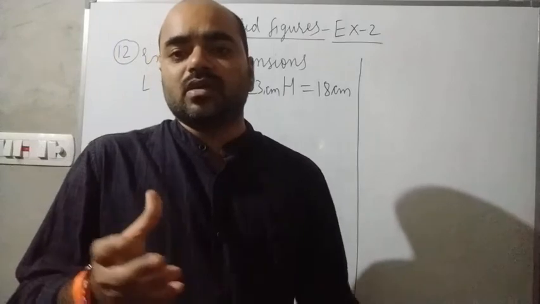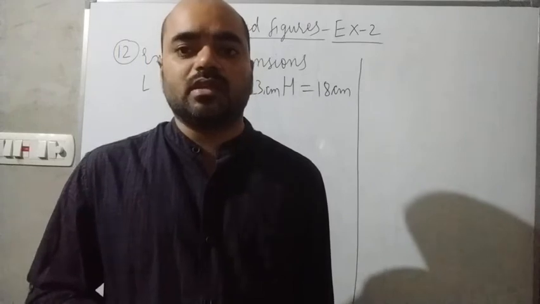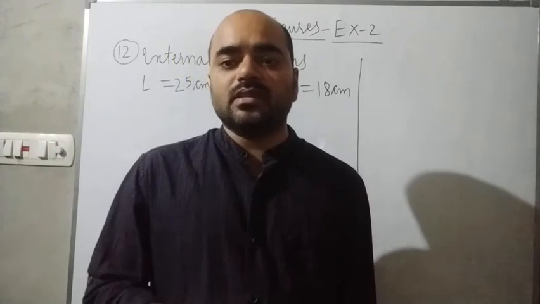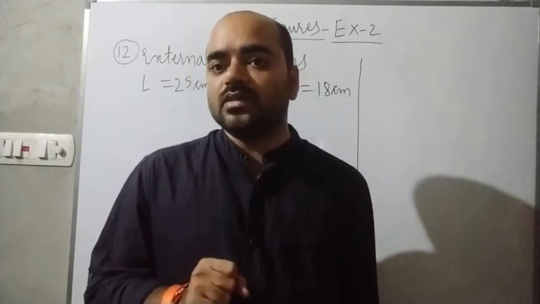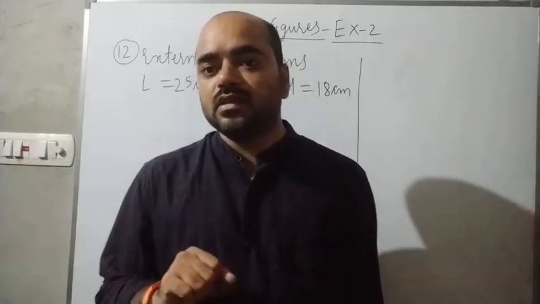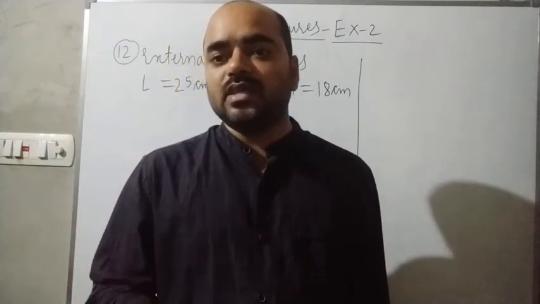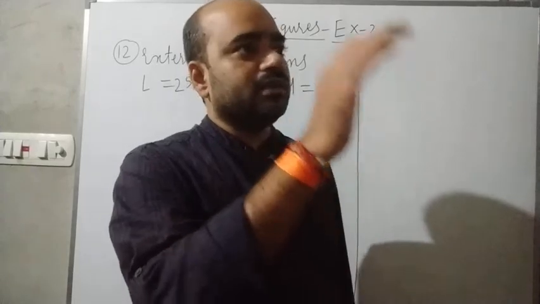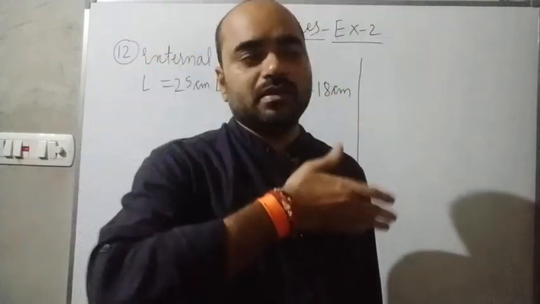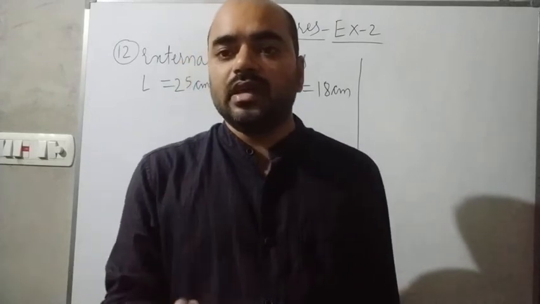See, wooden box means it is empty from inside. That is why two dimensions are given. Like your classroom is empty from inside. That is why here we are having two dimensions. When you are measuring from the inner edges, from the inner faces, those dimensions are internal dimensions. Like I am inside the room, you are inside the room, and when you measure the distances between inner faces from these two walls and top and bottom, these dimensions are inner dimensions.